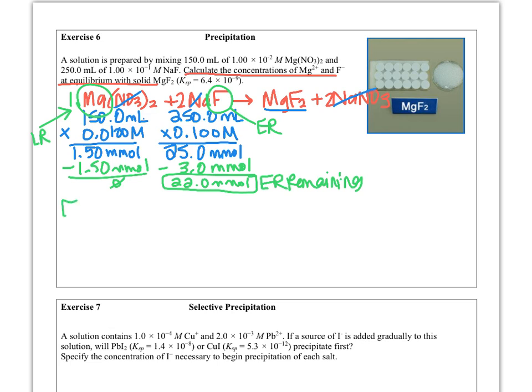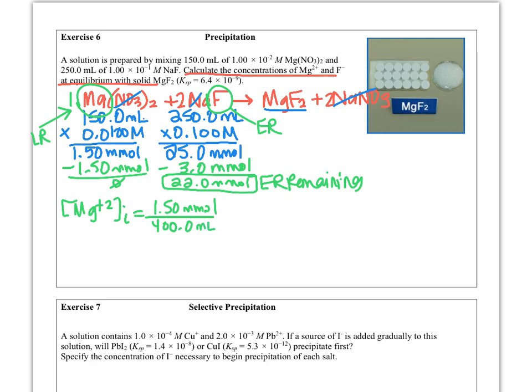So we're going to find our concentration of the magnesium ions initially, right? So it's the same thing we just did. We know we had 1.50 millimoles initially, and our total volume of the solution, 150 plus 250, is going to be 400